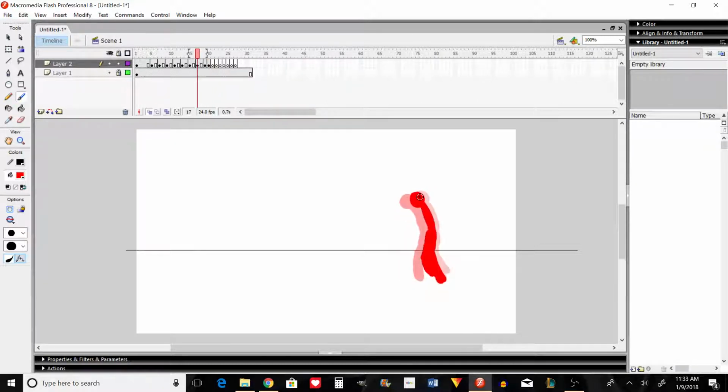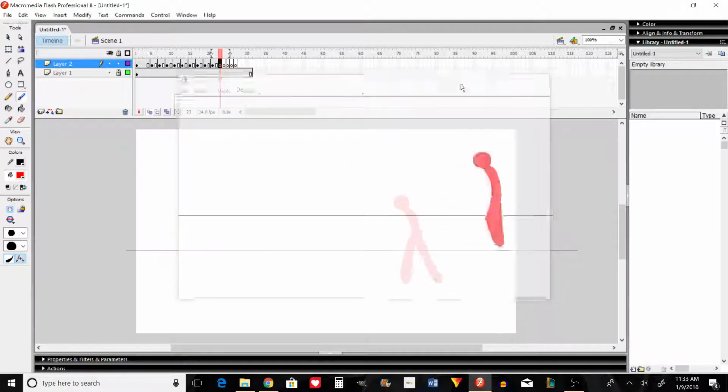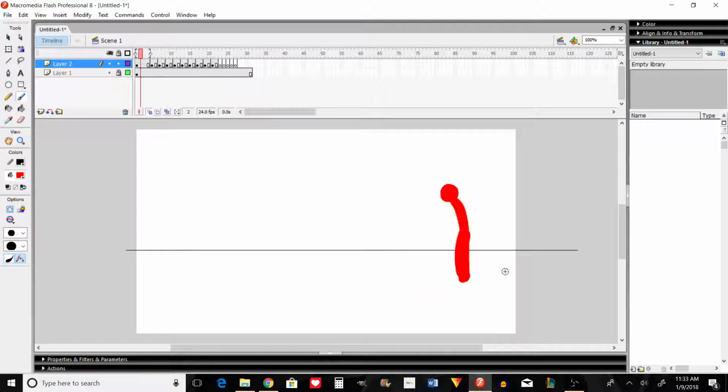So he plants his left foot. And then you can kind of copy and paste. So in stick notes it would be on the left side, but